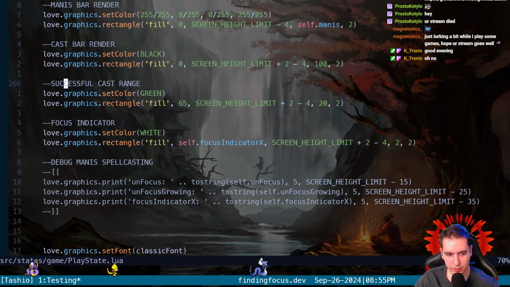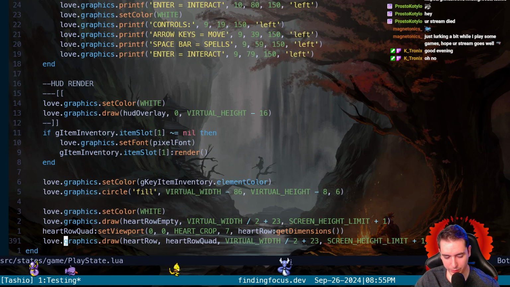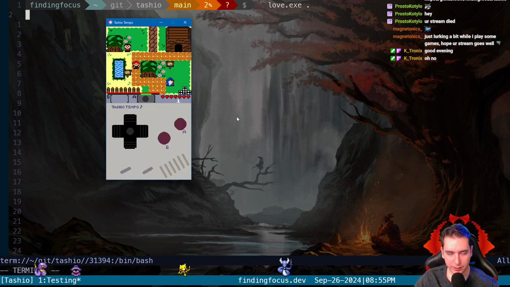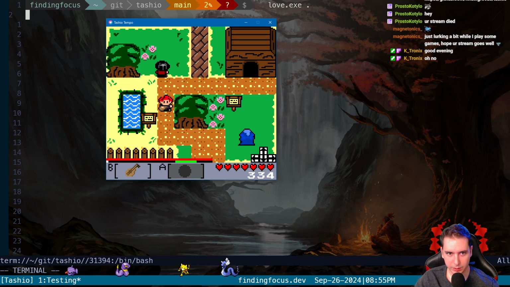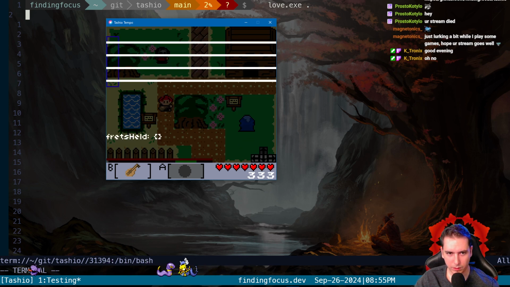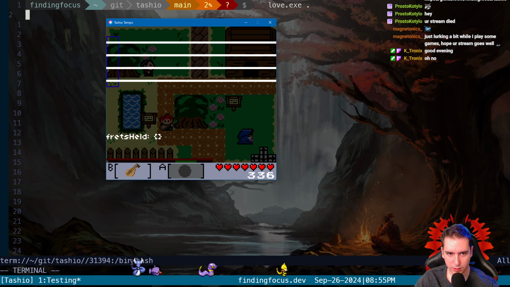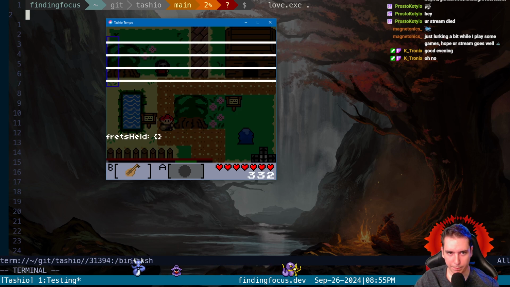So I guess let's print out what our Lute state is. Well, we know that's working. We know the toggle's working because we can toggle in and out of our Lute state. It's just that anything that needs to be updated in our Lute state is not working. The fact that we're turning around means that we are toggling our Lute state. It's just that our Lute state is not updating over time.